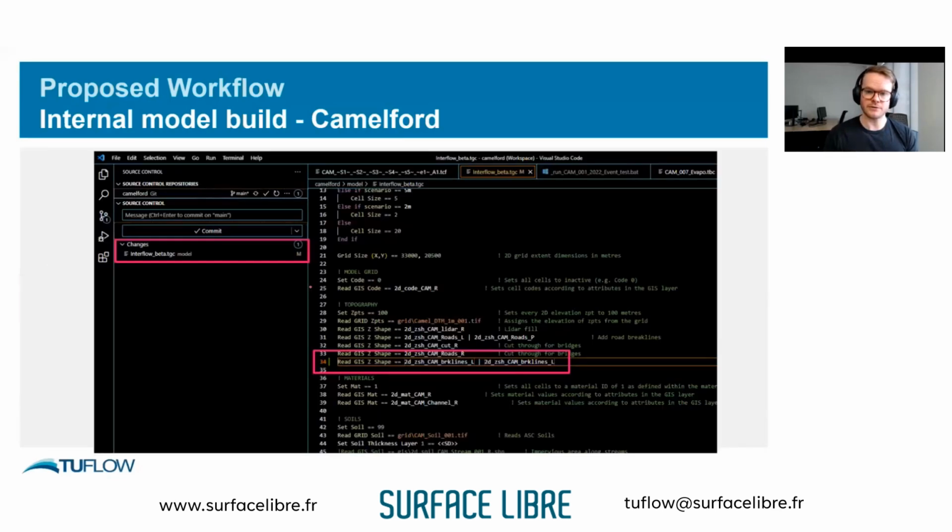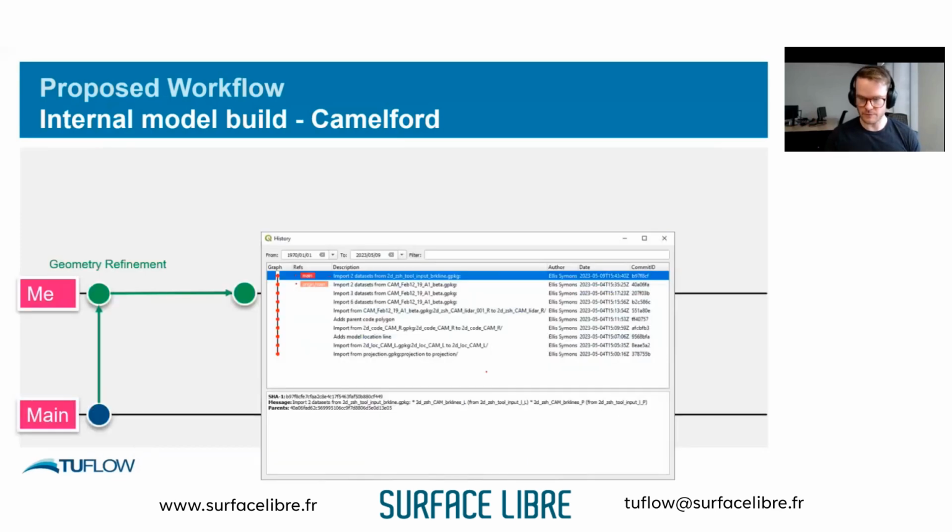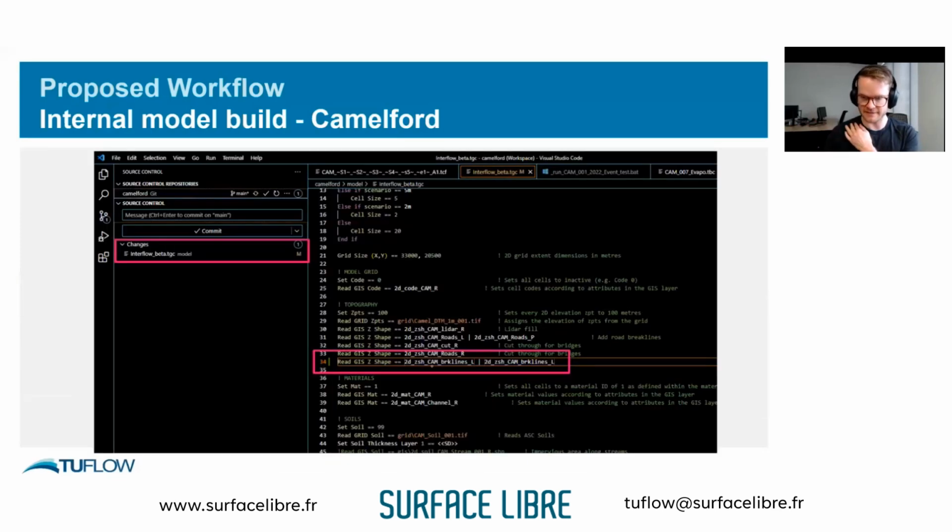I'm going to continue to update the model. So now I'm jumping to the control files. Of course, I need to go to the TGC file, add my break lines, and add the command there, line 34. Just pretty standard TUFLOW stuff if you're familiar. I add the command at the bottom. Because I'm using a single spatial database, I've referenced that spatial database in the TCF. I just have to reference the layer names in here.